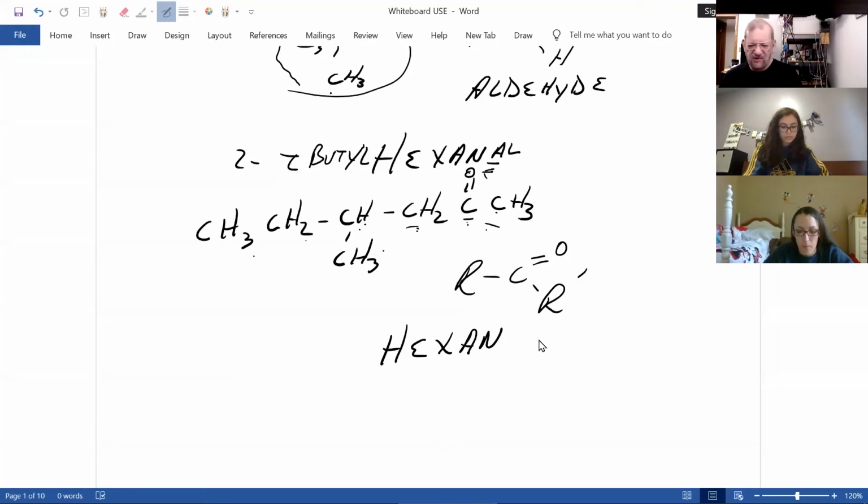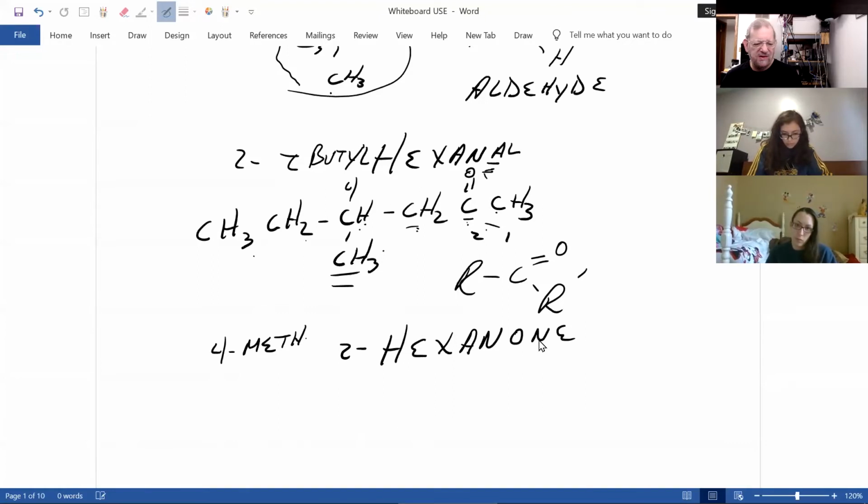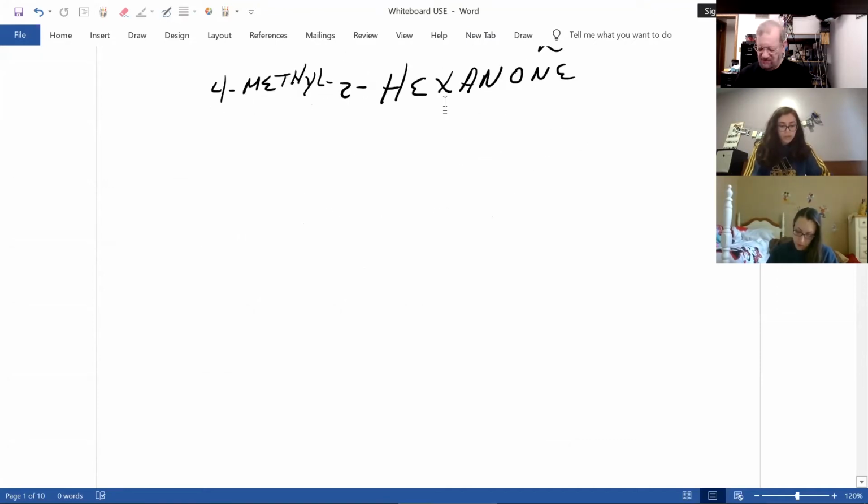It's a ketone. Drop the E, add ONE. If this is carbon 1, this is 2, so it's 2-hexanone. And if this is 2, this is 4. Oh, it's your old friend, the methyl group. And that's 4-methyl-2-hexanone. And while we're in the neighborhood,